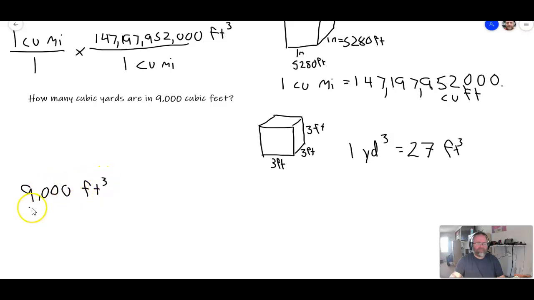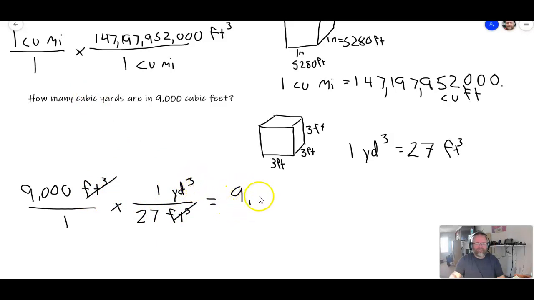And if there's nothing on the bottom, I'll go ahead and put that over 1. And now, remember, we're trying to get rid of cubic feet and into cubic yards. So I'm going to put the 27 cubic feet on the bottom, 27 cubic feet down here, and the 1 cubic yard over there, cubic yard up here. And then when we multiply, well, first of all, those are going to cancel, just leaving us the cubic yards, which is what we want. And then we're going to have 9,000